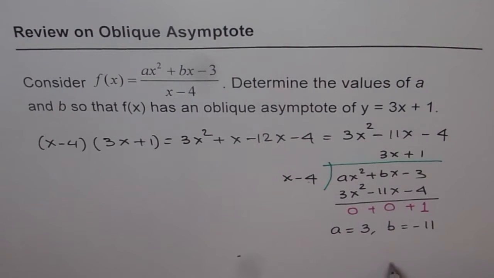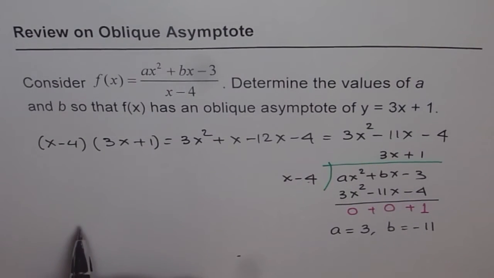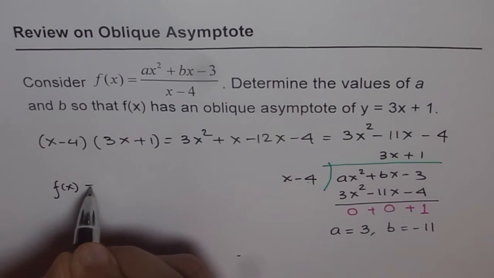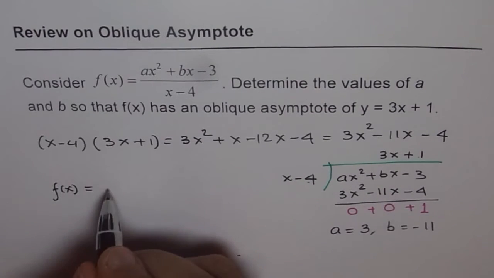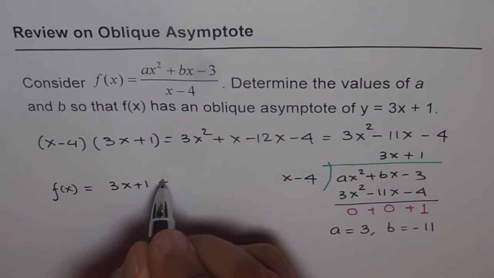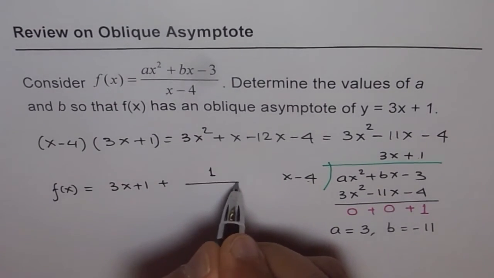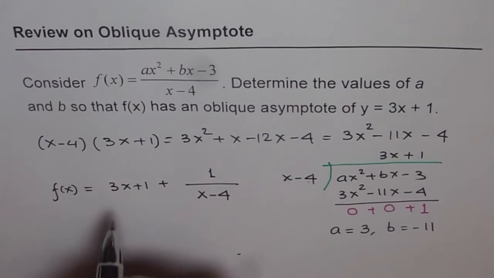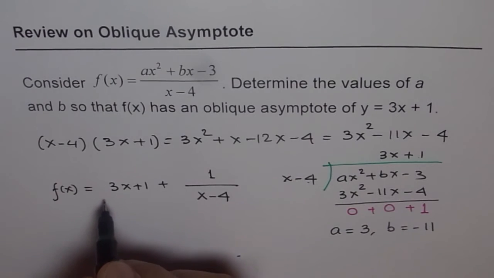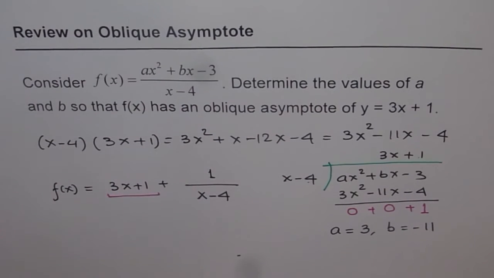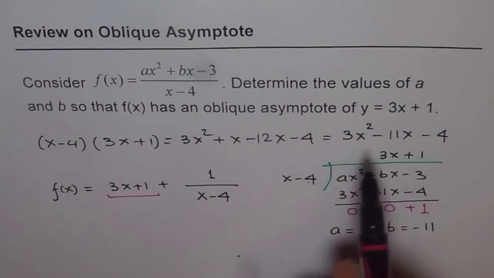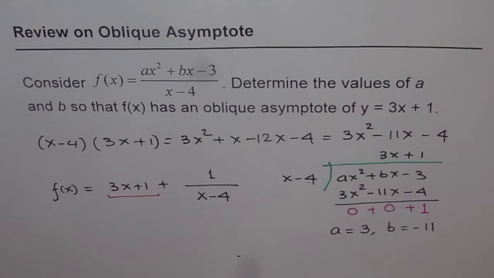Do you see that? And therefore our function f of x can be written as f of x equals 3x plus 1, and the remainder is 1, so plus 1 over x minus 4. Do you see that? And that becomes our oblique asymptote. Do you see that part? So this is the oblique asymptote, and that's the remainder. Since the remainder is positive, the function will be slightly over 3x plus 1 when you sketch this function,